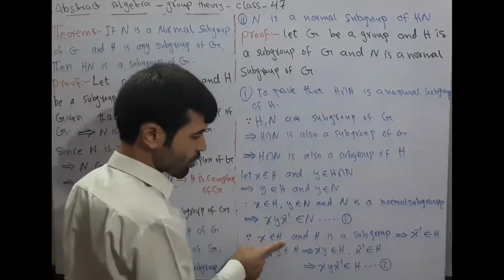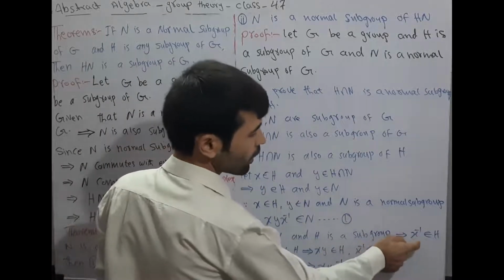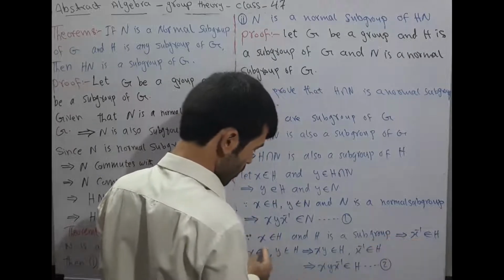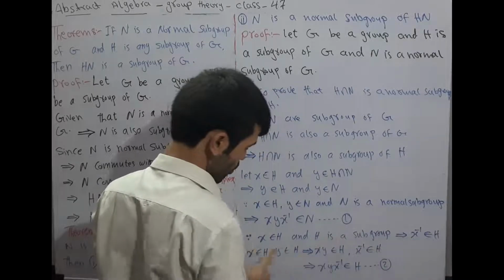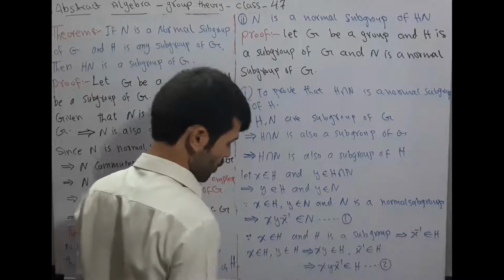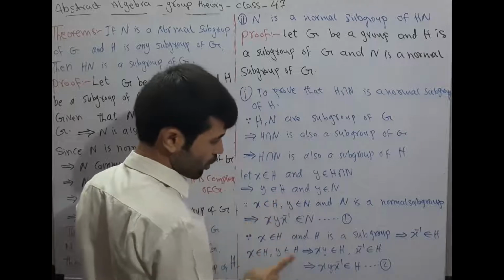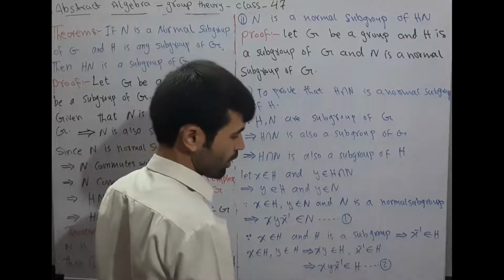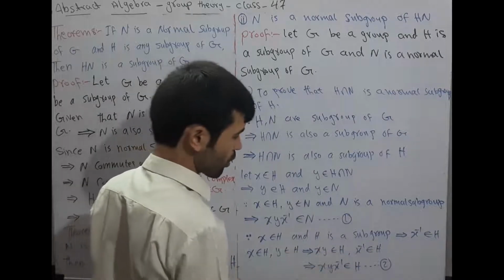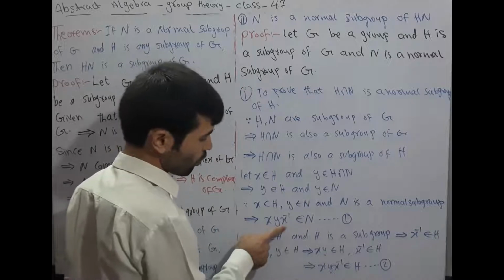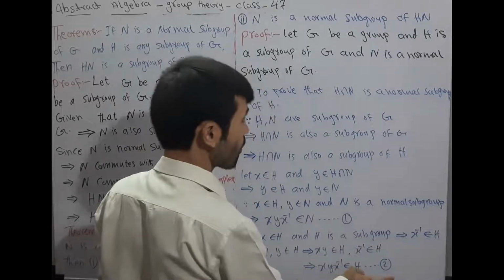Since x belongs to H and H is a subgroup, every element of a group has an inverse in this group. So x belongs to H, and x inverse also belongs to H. x belongs to H, y belongs to H, so this implies x y x inverse also belongs to H. In relation 1, x y x inverse belongs to N, and in relation 2, x y x inverse belongs to H. From 1 and 2 we get